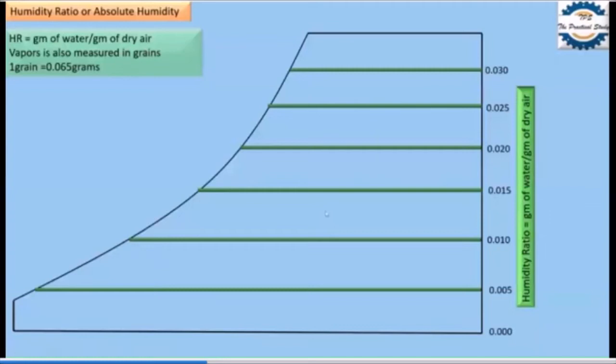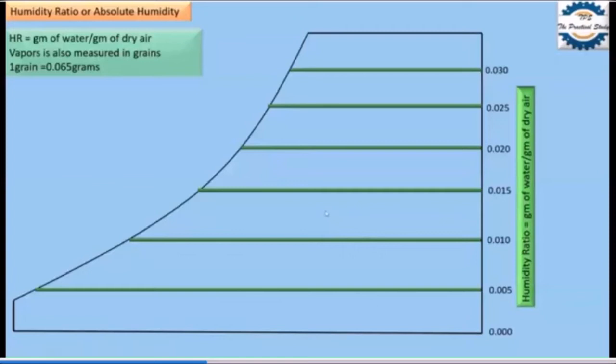This is about the humidity ratio line. We can call the humidity ratio by another name, absolute humidity, or by another name, specific humidity. As per Indian standard, we call it specific humidity, and it always comes on the vertical axis, the y-axis. The values visible in the video are 0.00, 0.0015, 0.0030. Up to here, in your book also the psychrometry chart is present.